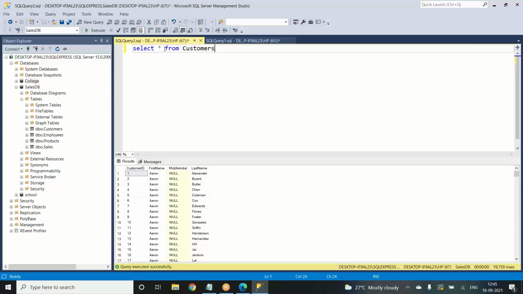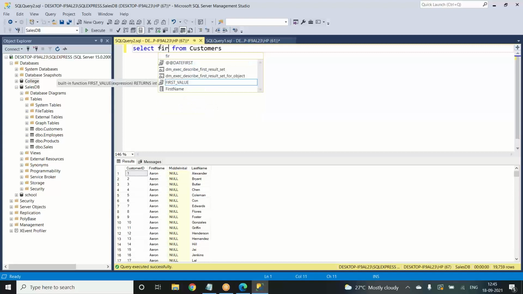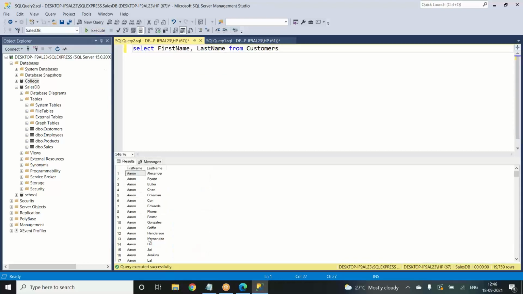Now, if you just want the first name and the last name to be printed, you can remove the star and write first name, comma, last name from customers. Click on execute, and you'll have only first name and last name.